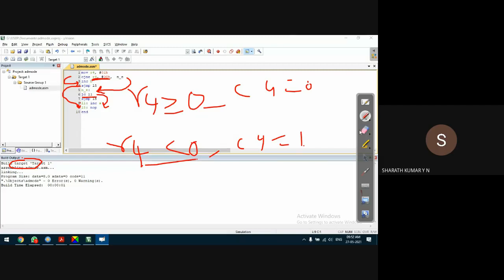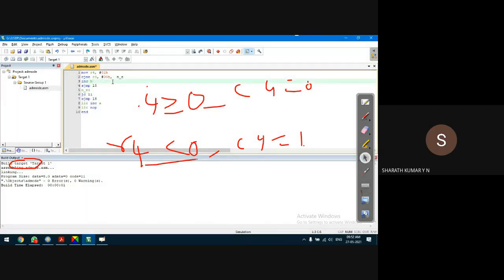That's how it is. We can modify a little bit. You can think of a lot of modifications. Let me use JNC here: jump if no carry. Let us say it goes to L2. What is L2? Increment B. And after this is JMP L5. Okay, that's what it is.